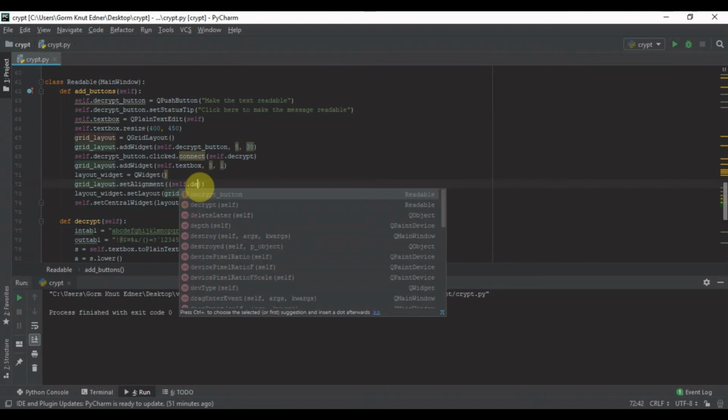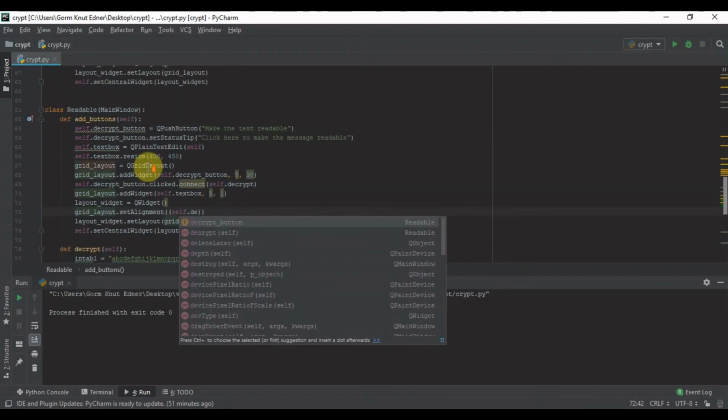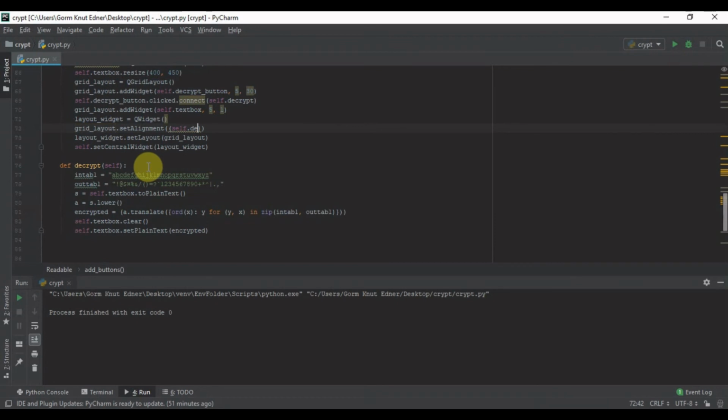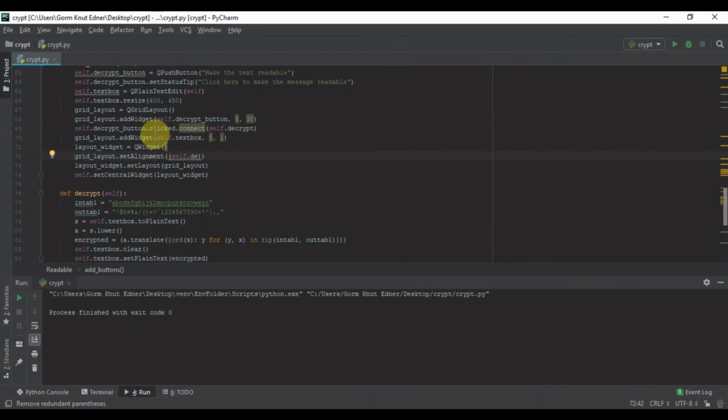The decrypt button. So we will do here, let's see, decrypt